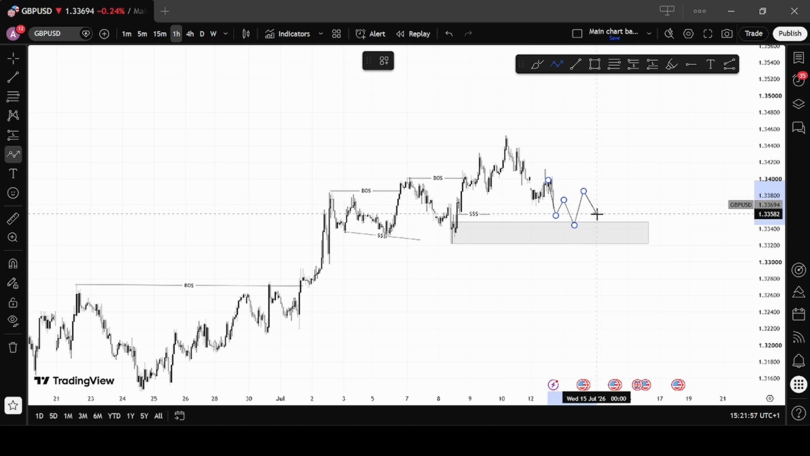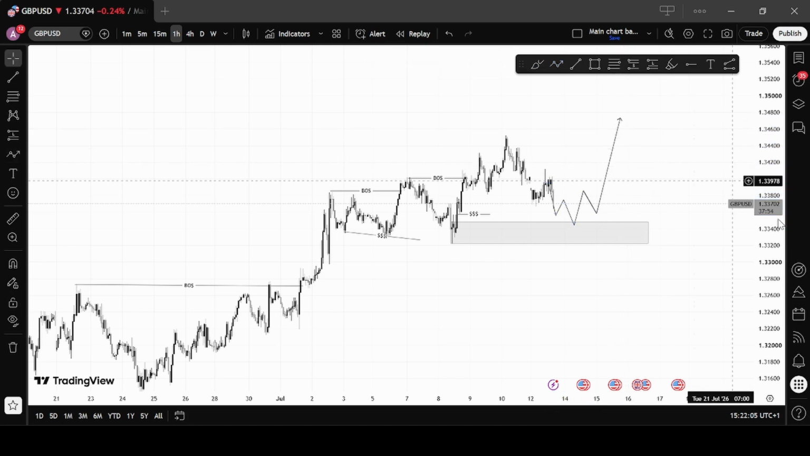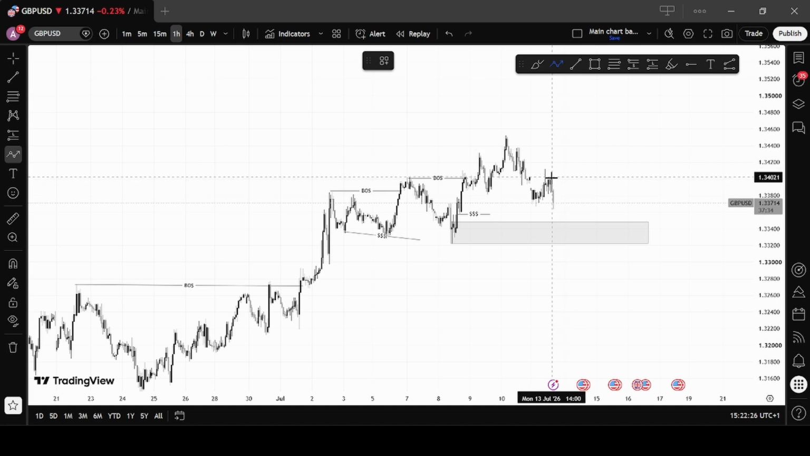Market can come back, create inducements, liquidate retail traders, and then start going up, or do a double bottom, then start going up. So many scenarios can happen. But eventually, I know that the market is going to go up from that zone. If this zone refuses to hold, that means that we can be going bearish in the short term in GBPUSD. But I don't think it's likely, because